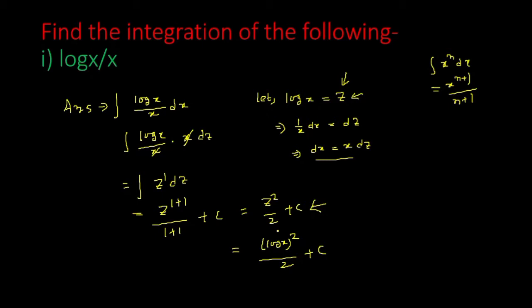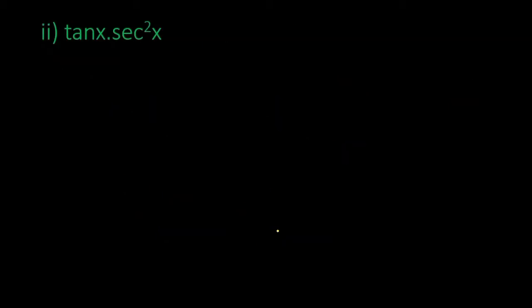This method is called the method of substitution. So again here also we need to take something as z, or you can take t or u or anything else, but you have to substitute something, because look here, this is tan x into sec square x. In the basic integration we have learned different types of integration and their formulas, but for tan x into sec square x, we don't have such a formula to evaluate this. So you need to do something else. So here we are doing the method of substitution.